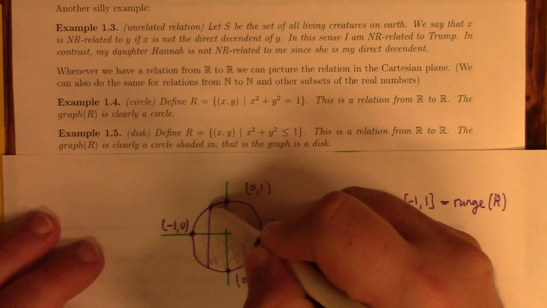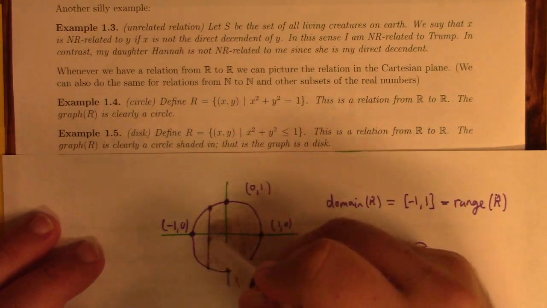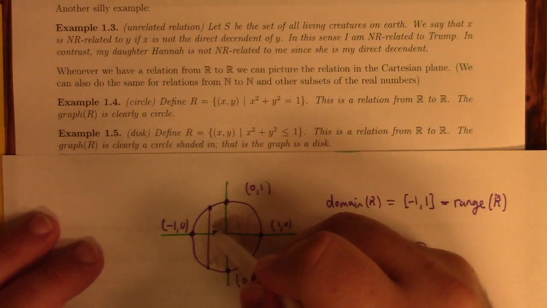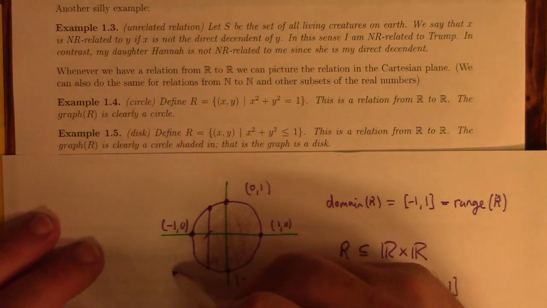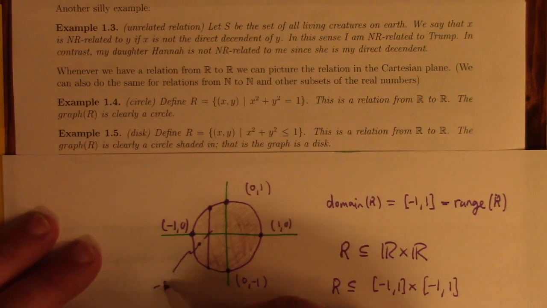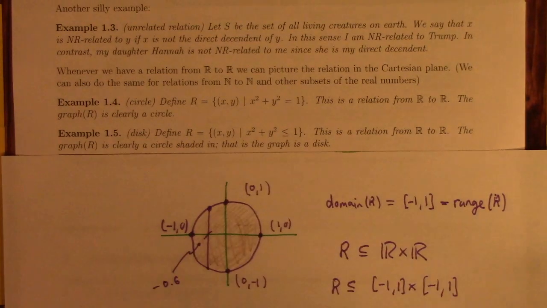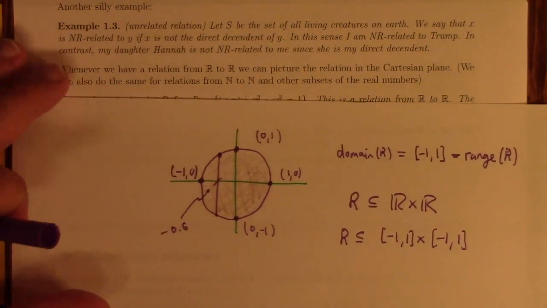So here, if you look at the input being, let's see, about -0.6 maybe. So if you look at the input being,